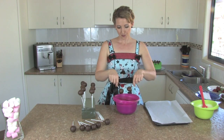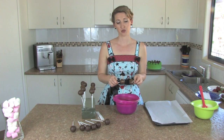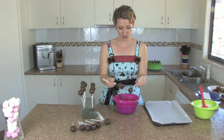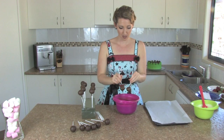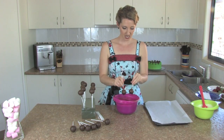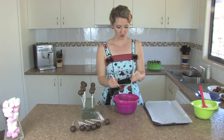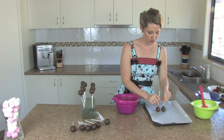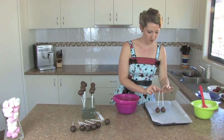Or baby showers, really popular as well. You can do these upside down too, which I'll show you with the last two. Lovely. You can do upside down cake pops. So that is that they're sitting on the table, rather than up in the air. So if you were doing a candy buffet or a lolly buffet and you wanted them sitting on a table, you'd need to set them